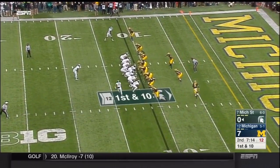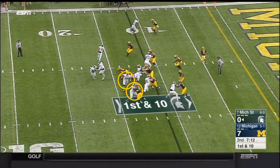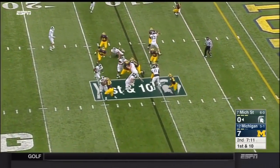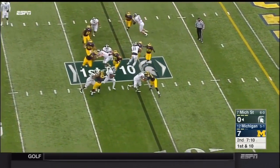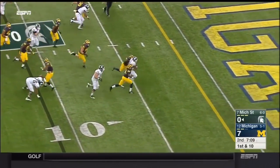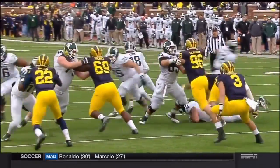Michigan State runs the old Buck sweep here where you're pulling both the right guard and left guard. The right guard, Clark here, has the front side kick-out block, but it's not really a kick-out block as much as it is a grizzly bear mauling, with his arms going around both sides of the defender here, Stone, just getting eaten alive. That's about as blatant a holding call as you're going to see in the Big Ten,